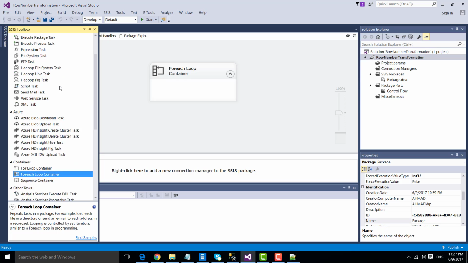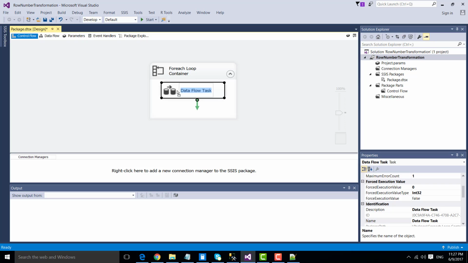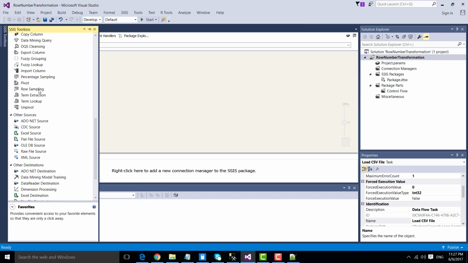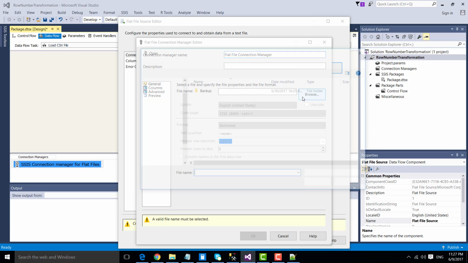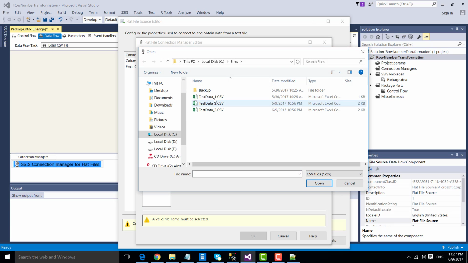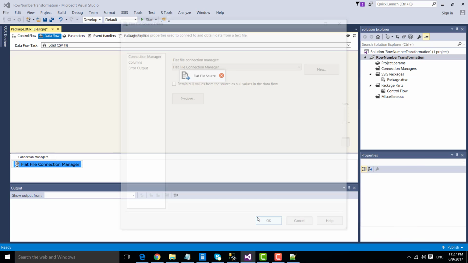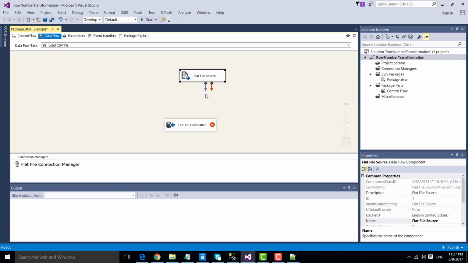And now let's drag and drop the data flow task inside the for each loop container, and it will actually load CSV file, and double click this particular data flow task. And as we are going to read data from a flat file, so just drag and drop the flat file source, and create a connection to the CSV file, test data 1 preview. Okay, we are good here,